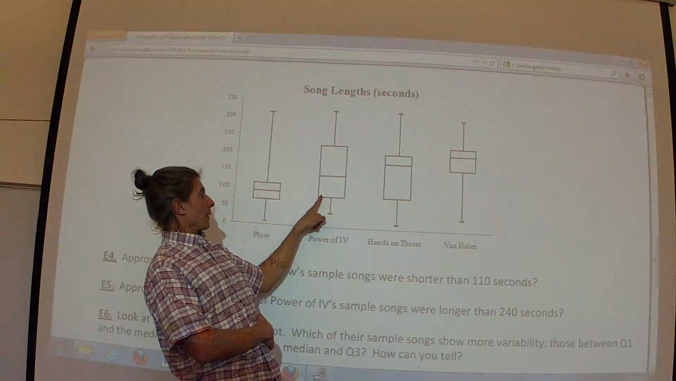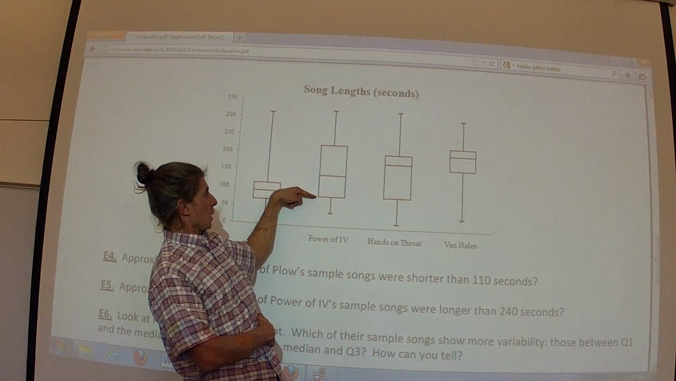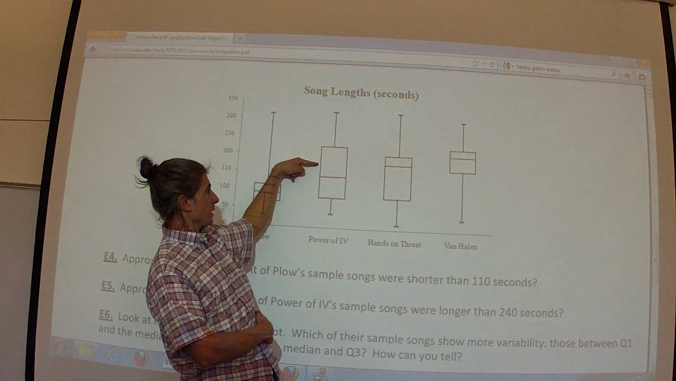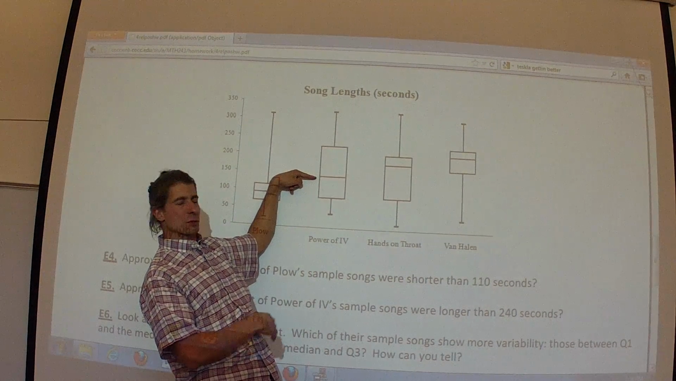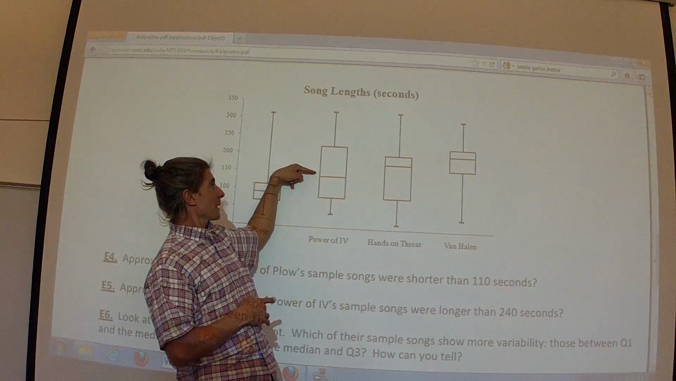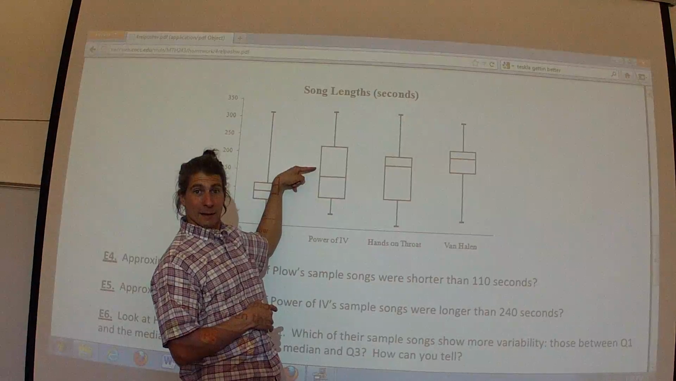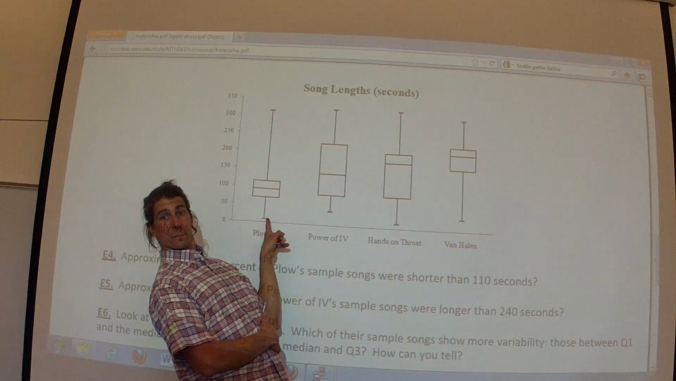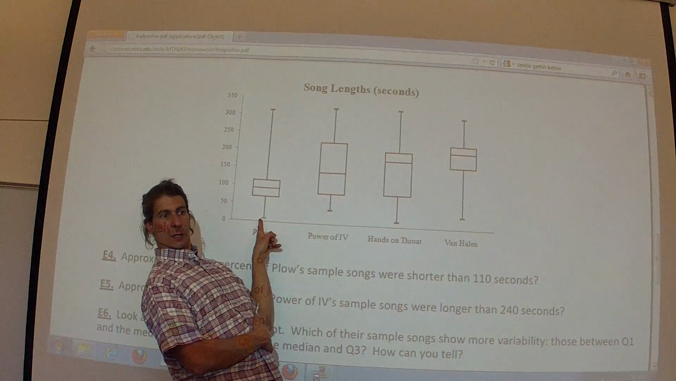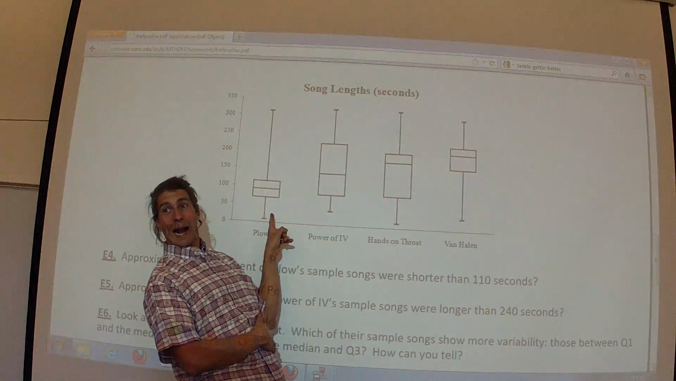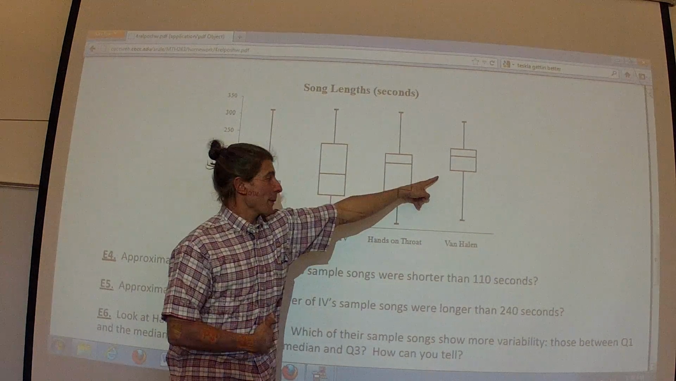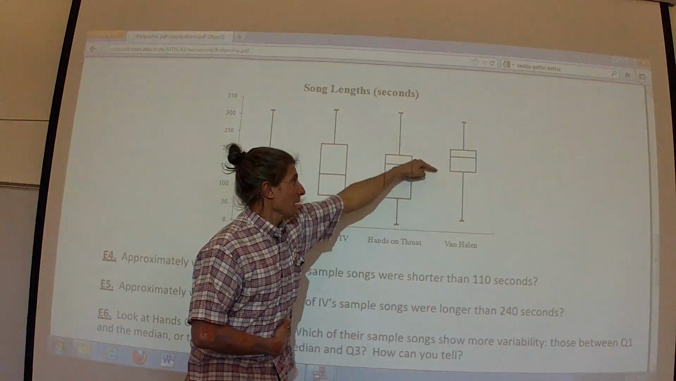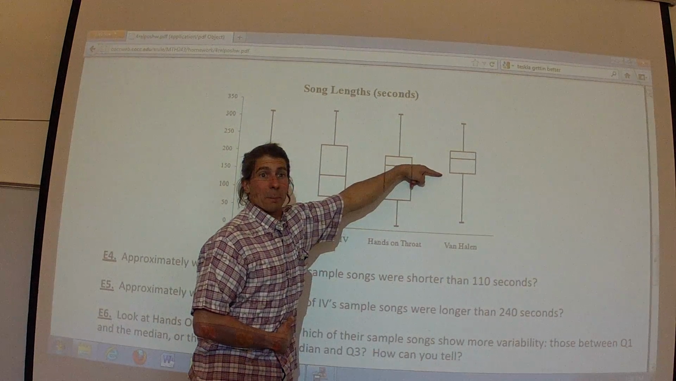How about with power 4? Q1, Q3, and that's Q2, the median. Where's the mid-quartile? It's going to be like here, isn't it? Do they look different here? They look kind of the same here, don't they? It looks like the mid-quartile is the median here. How about Van Halen? Q3, Q1, median,